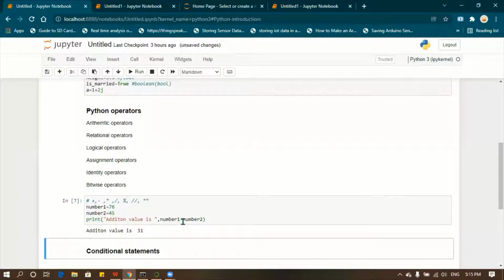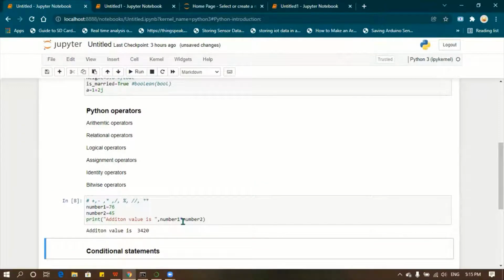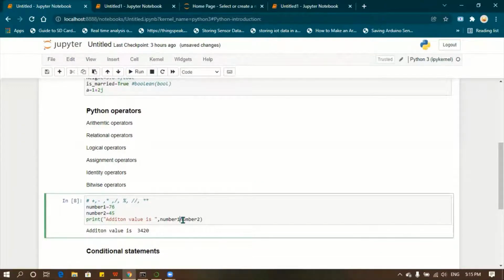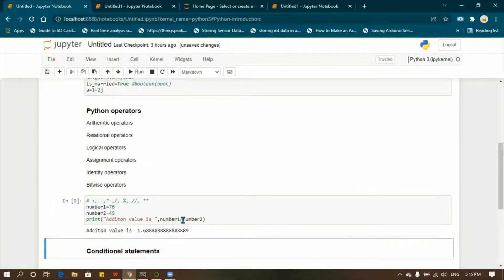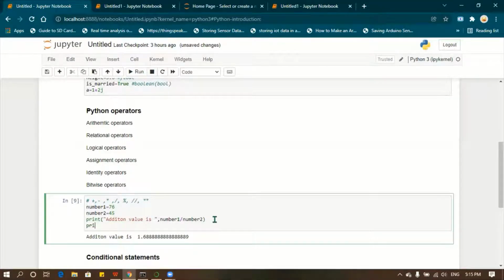Next we are going to use the multiplication, shift enter. Next we are going to use the division, shift enter. Then print number 1 floor division number 2.